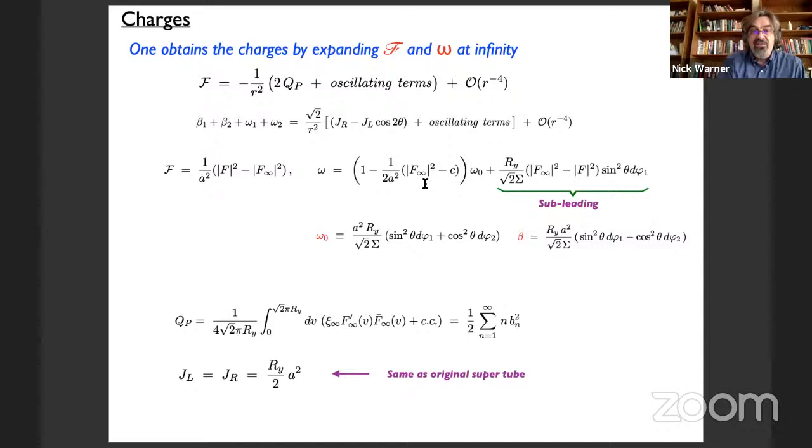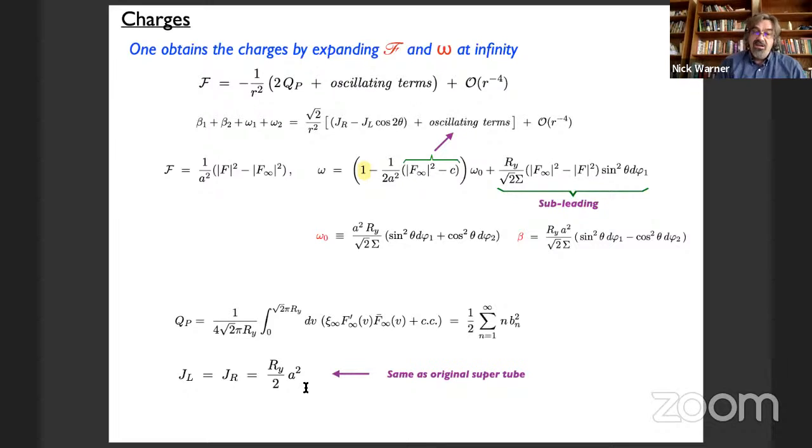There's still this stuff, but basically you look at this and you realize this is purely oscillating. You remove the RMS stuff. And all you've got left with is the 1. And the 1 is 1 times omega naught. And then you have the same beta as a supertube. So this is why in the supergravity language, the J left and J right are exactly what they were for